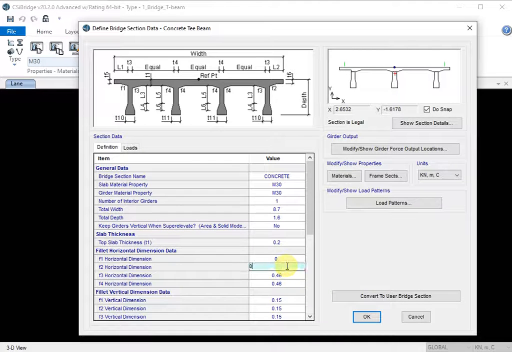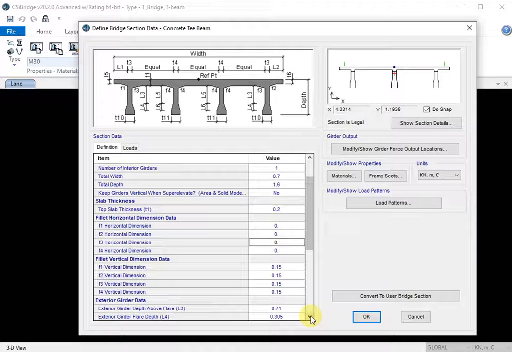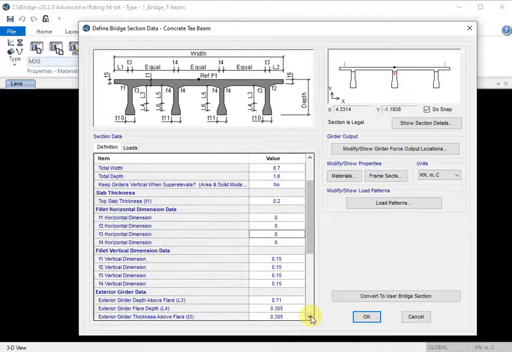Once you change this, you can see the variation here also. Next, fillet vertical dimension data. Fillet horizontal dimension data is this one, and for fillet vertical dimension data we are also not going to give any vertical fillet, so you can just give 0.